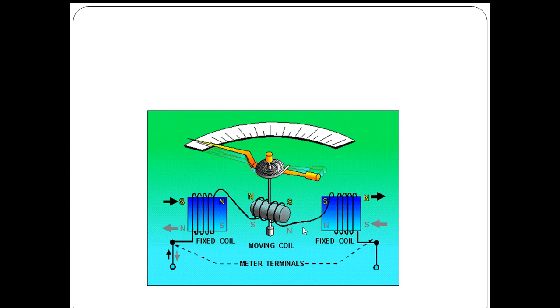Now we are going to see how these parts are made up and how this meter will be working. On the spindle, it is connected with a pointer. Whenever it is experiencing a force, this coil rotates. As the coil rotates, the spindle rotates. As the spindle rotates, the pointer moves on the scale. Accordingly, the deflection of the pointer will take place, which will indicate the reading of the meter.